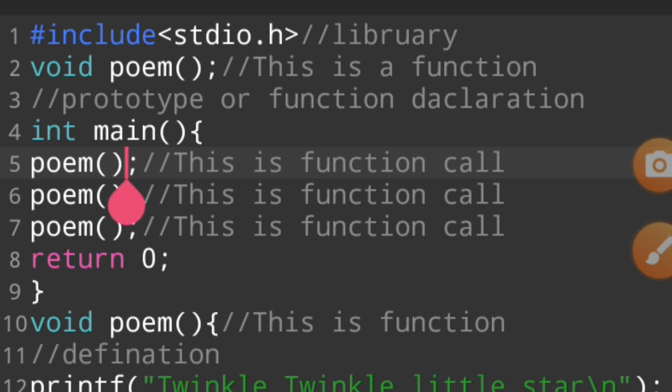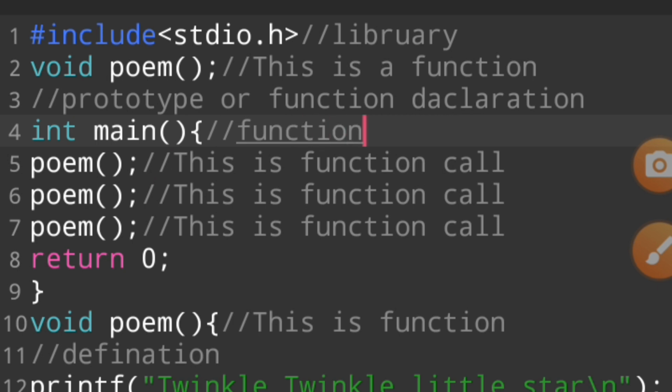First of all, our compiler checks this library, and then goes to the function prototype. In the function prototype, the compiler does not take any value or give any value, so it goes to int main. This is also a function, because in C at least one function is required. If we don't write int main, our program is not working well.